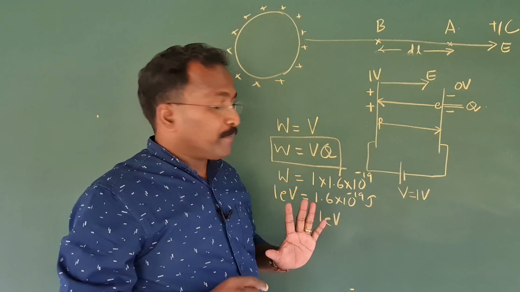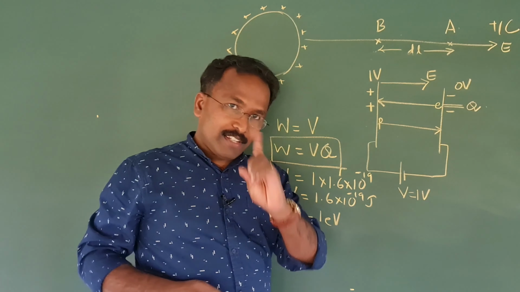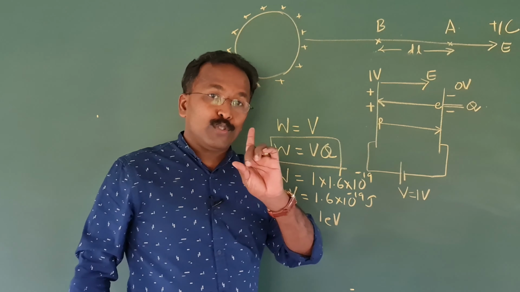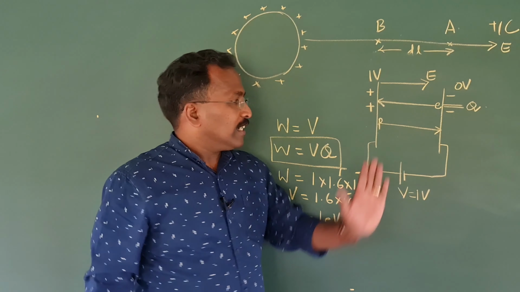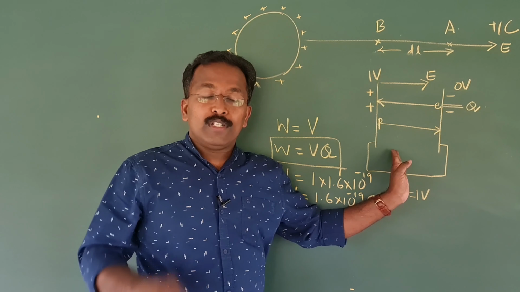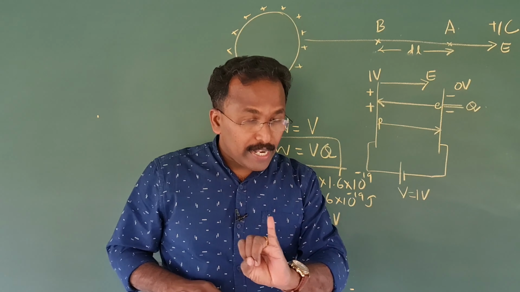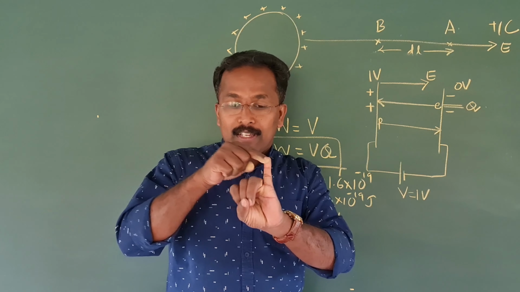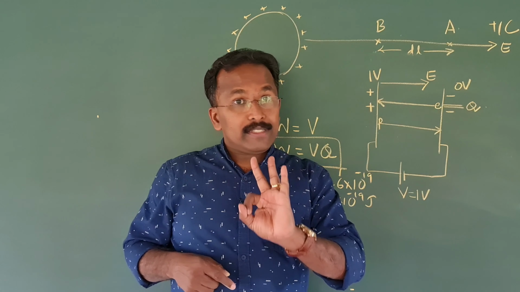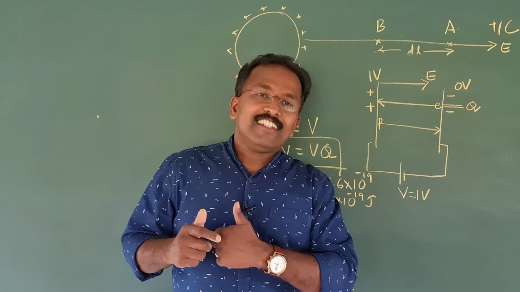Find out, and which hits with the larger velocity? Again you have to find out. Don't worry, the answers are there in the description box for you to find out and enjoy that. Think about this. Today we have no homework for you. This is a very important idea we covered. We studied 3 ideas: potential and potential difference, how it is related to electric field, and what is electron volt. All these 3 ideas you have to study thoroughly and enjoy.